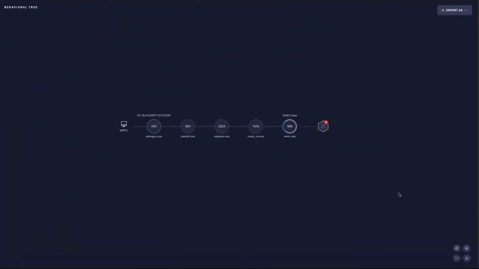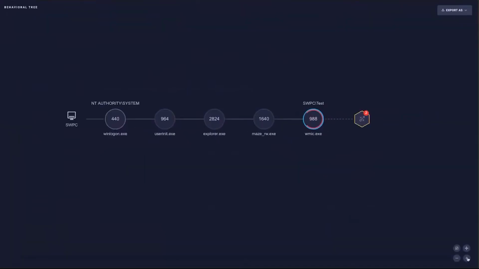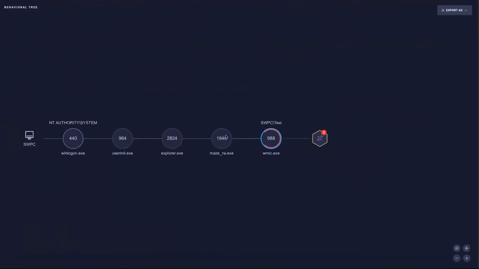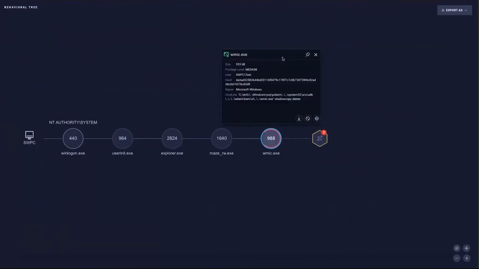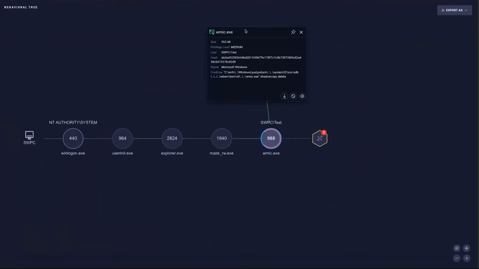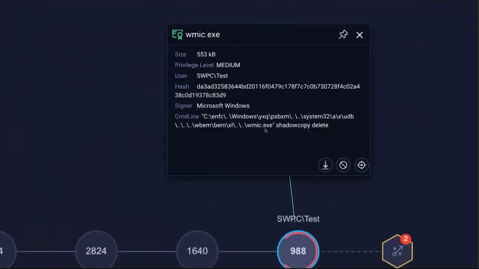So we can make it a full screen and just zoom in a little bit. You can see that the Maze ransomware actually started WMIC, which is a Windows application. And the first thing that it does is delete the shadow copy. Now, this is one of the threats of the Maze ransomware, and it's also something that makes it very powerful